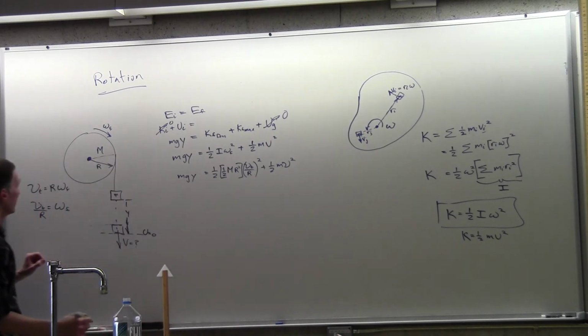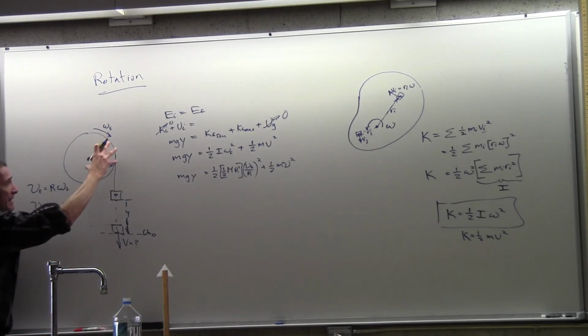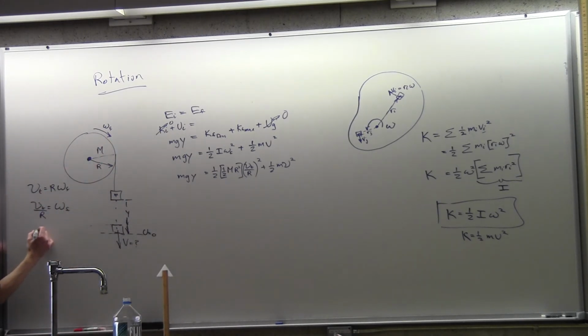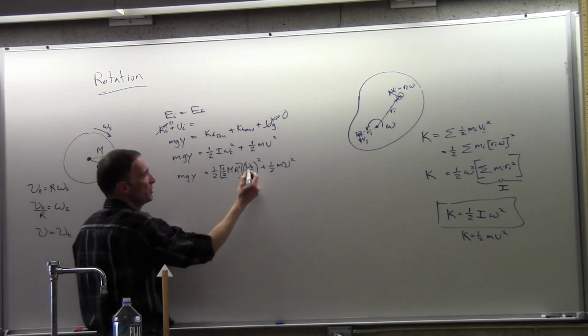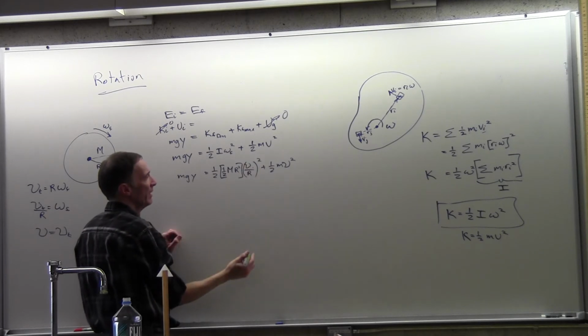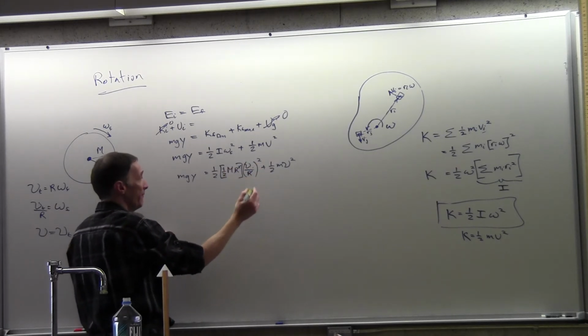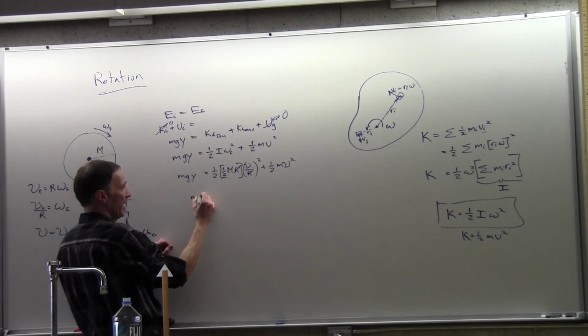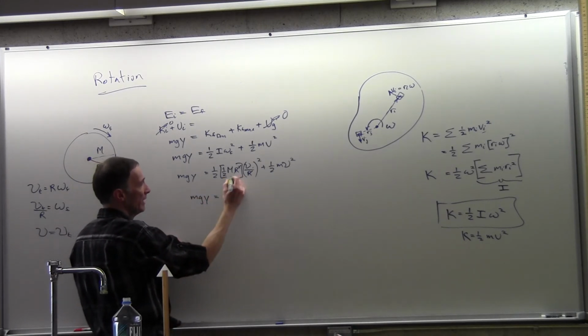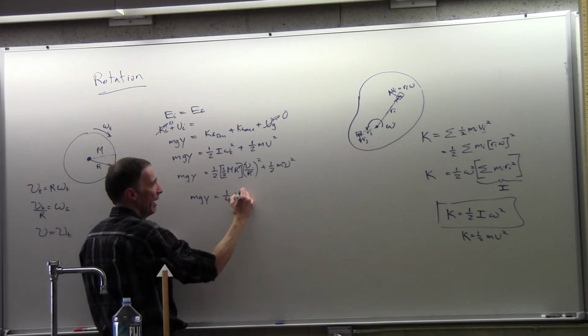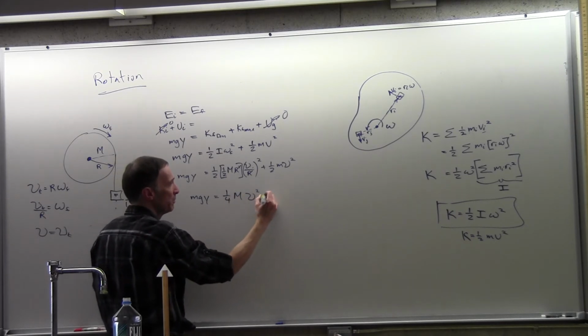One note here: as long as this string doesn't slip on this thing, I expect that the velocity of the string should be equal to the tangential velocity of a point on the rim as this thing rotates. Hopefully that's obvious, so that these two v's are the same thing. This r squared is going to cancel this. This pattern often shows up, and so we're going to have mgy is equal to now 1/4 mv squared